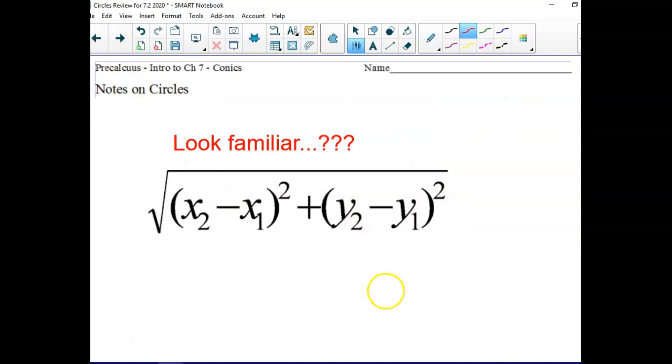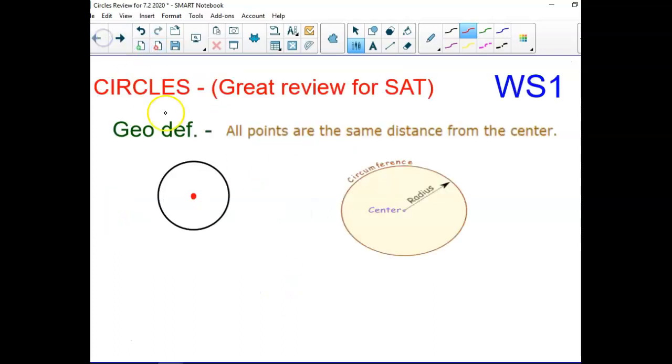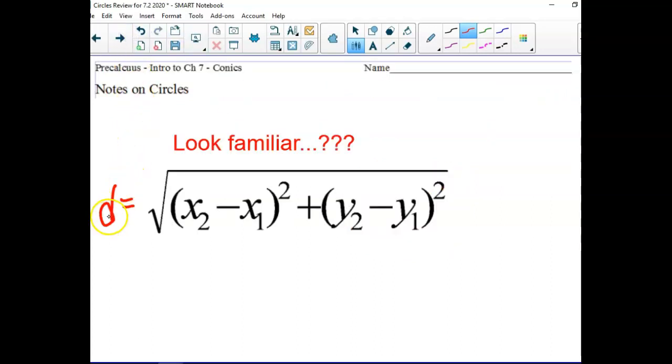Anybody know what that is? Slope? Please tell me it's not slope. Yes, good job, Brandon. It is distance. Now, we just said that all the points the same distance from the center, okay? What is that distance actually called here, though? How far from the center? It's called the radius. So if we change this to r, the radius is all the points the same distance